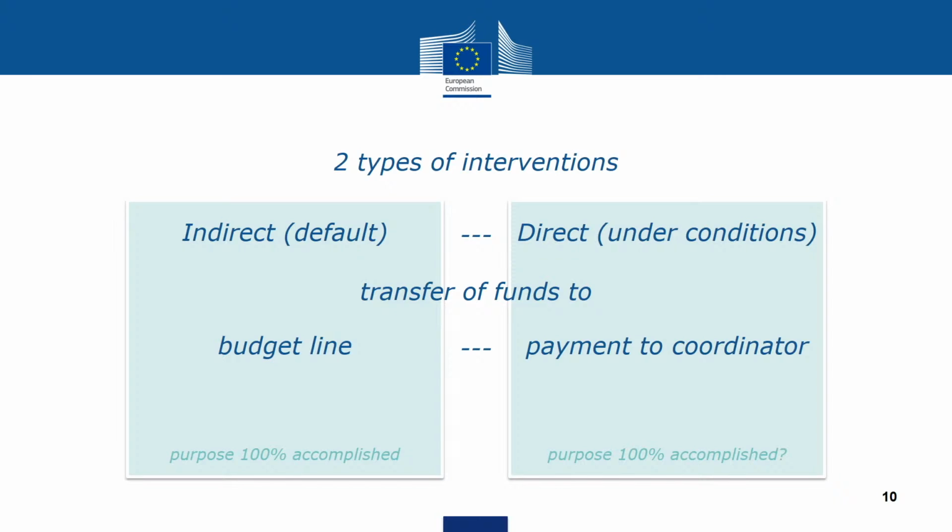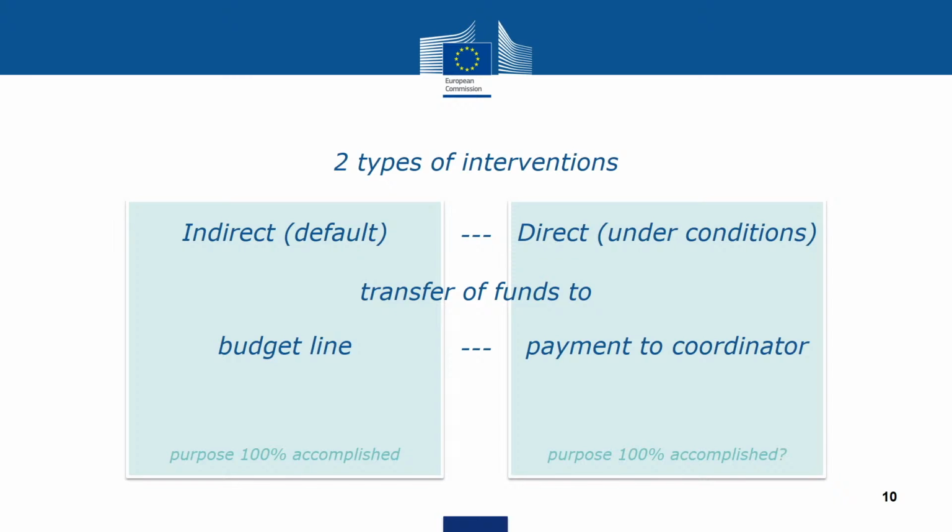But as far as the MIM is concerned, its main purpose is protecting the general EU budget, and that is the most secure way to do it. So it goes from the MIM to the budget line of the granting authority. There is, however, another intervention, called a direct intervention, where the MIM will pay directly to the